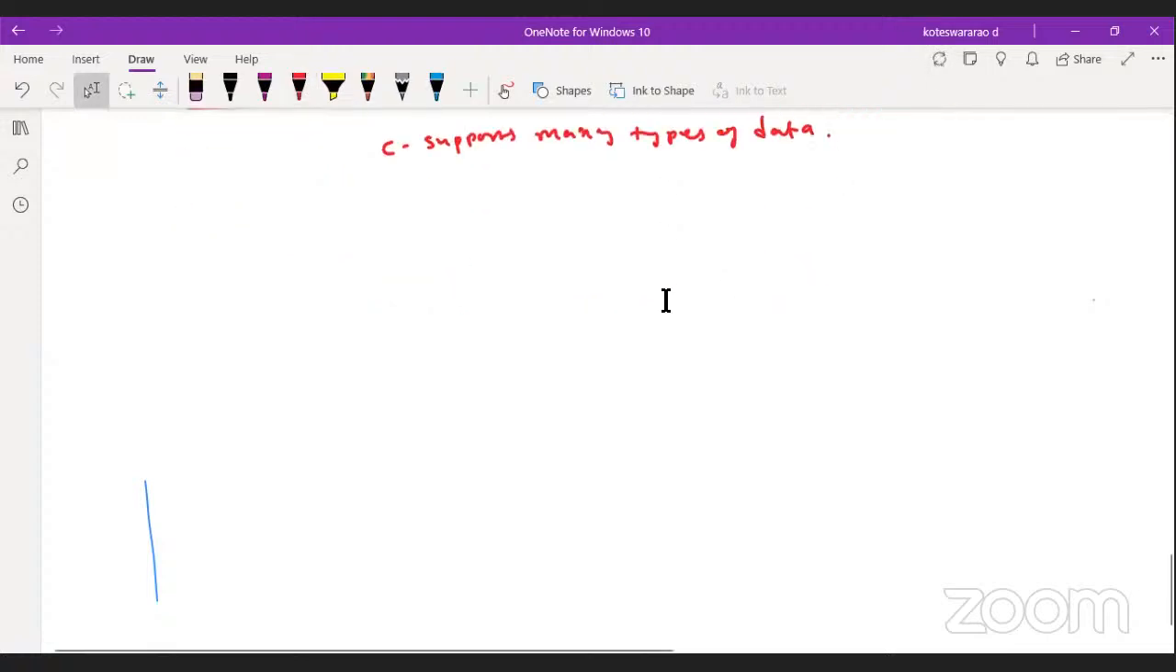The basic data type is represented in character form. Primary data type. Then this may be